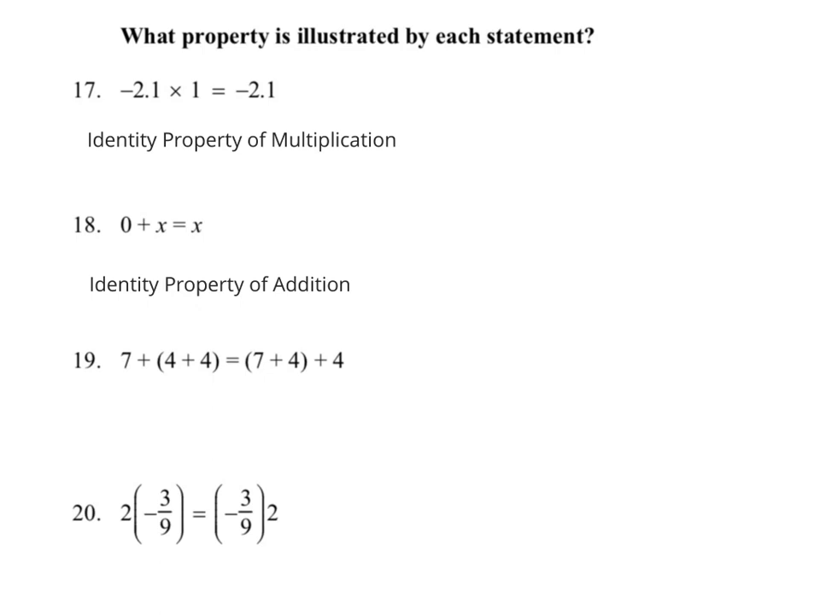So we call that the associative property. The associative property of, and what does it work for? It works for the operations of addition and multiplication. In this particular case, it's addition. Okay, we can't change the order in division. We can't change the order in subtraction. We'll get different answers. Okay,